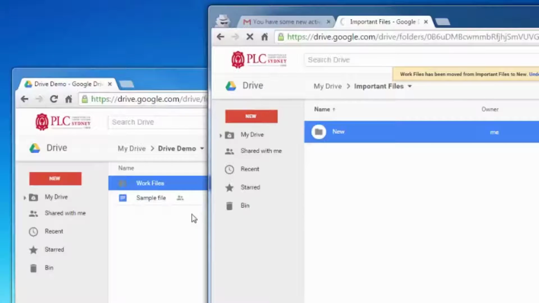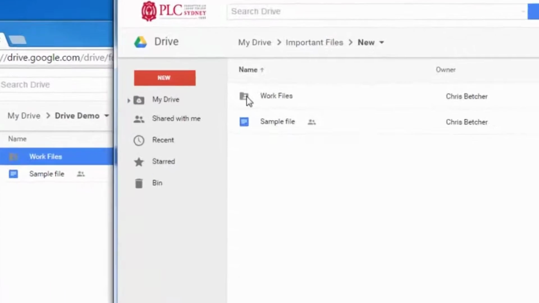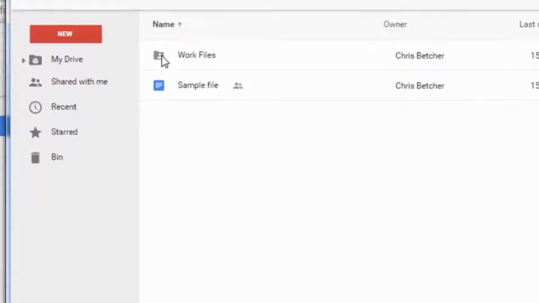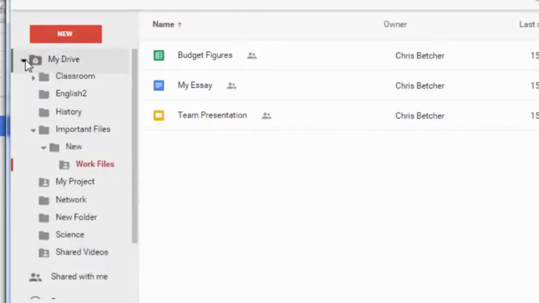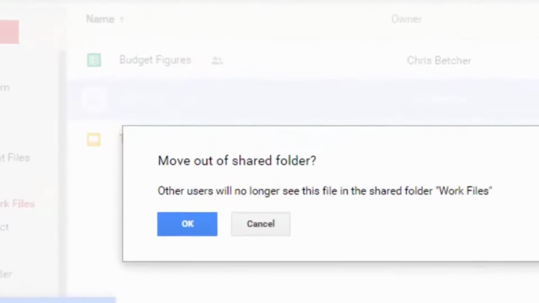Now here is the catch. If I, as the user, the person who's having it shared with them, not the owner of the file, go in and take something here, let's just open this up. So let's say I want to take this thing called my essay and I want to drop it into this folder called science. If I take that and drop it down there in science, I get a warning